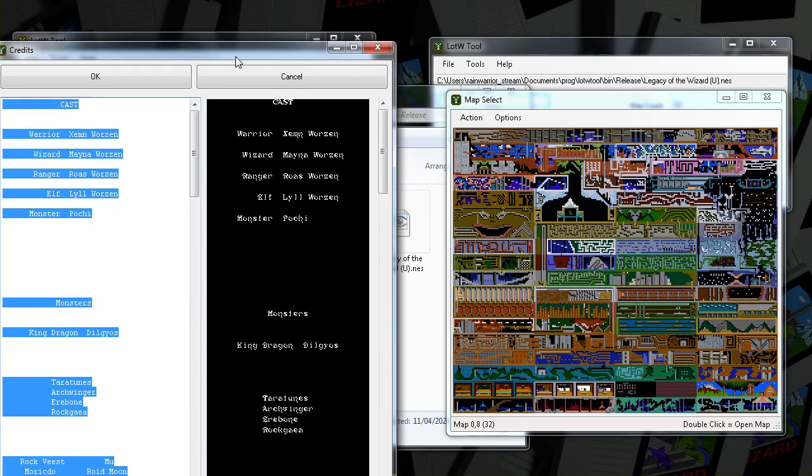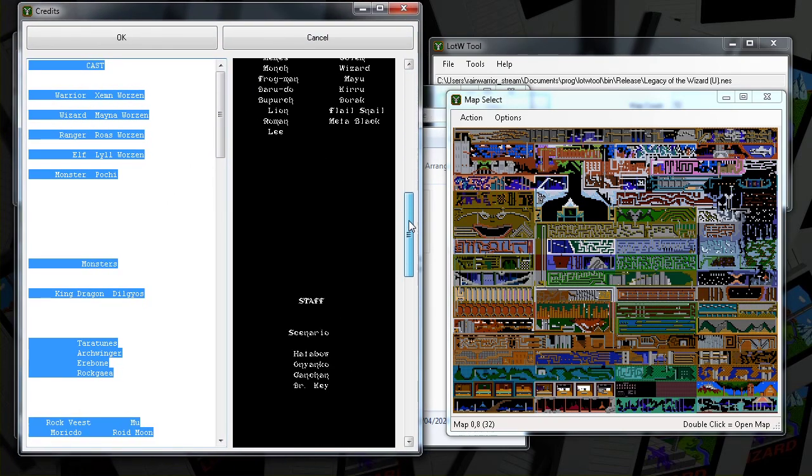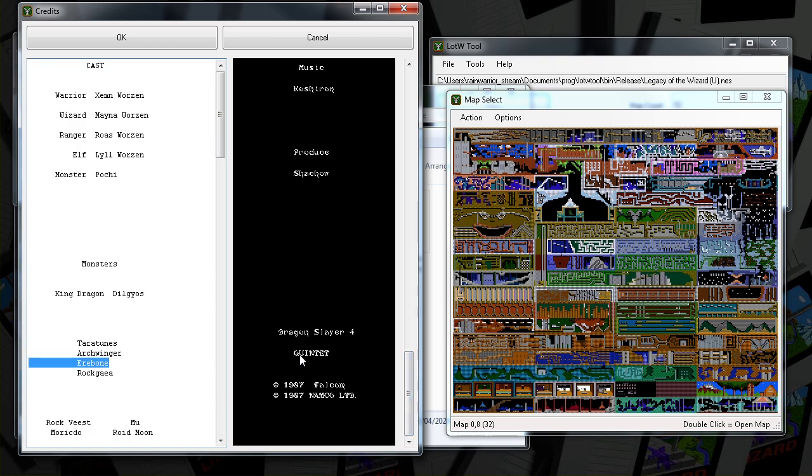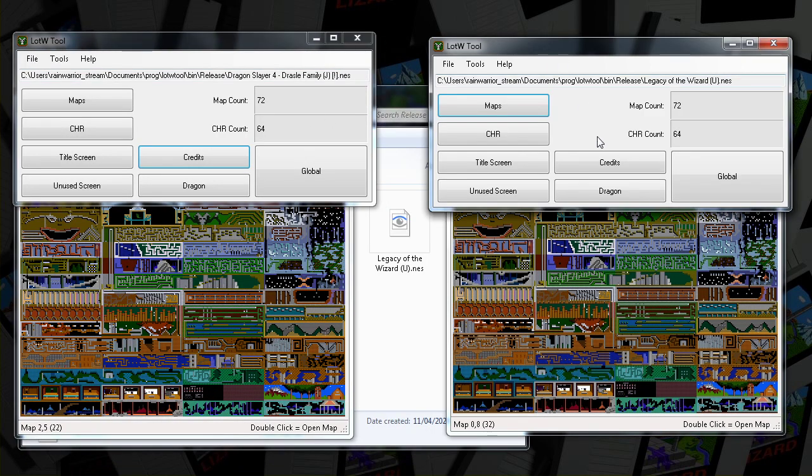You'll see the credits are a little different, especially at the ending. There's this reference to Quintet, which people have speculated about, but I think it predates the formation of the company Quintet. So it's just sort of a name that was floating around at the time. I'm not sure of all the details there, but it's just funny that that's there.